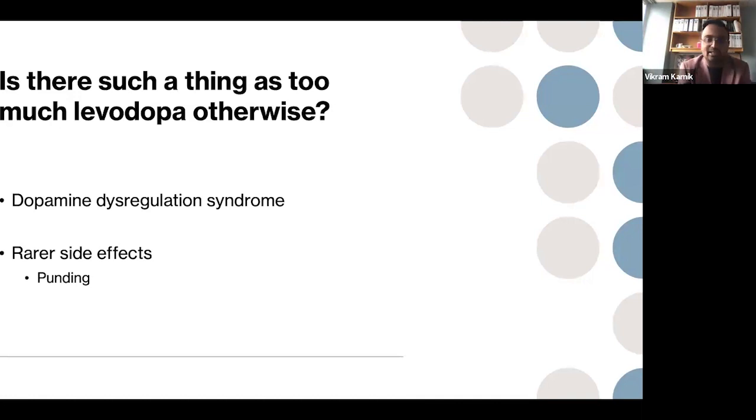When we feel good, we get a rush of dopamine, as people know. And so sometimes what that leads to is a persistent desire to keep taking levodopa. And so people won't have any tremor, they won't have any stiffness or slowness, but there's just like a need to take levodopa, and this results in escalating doses. So sometimes this means people take over 20 or 30 pills in a day, whereas they only really need like 8 to 10 pills in a day. And it's almost like an addiction